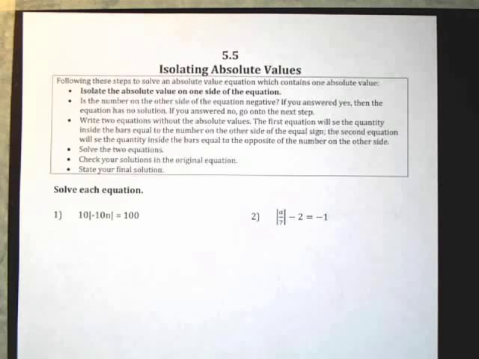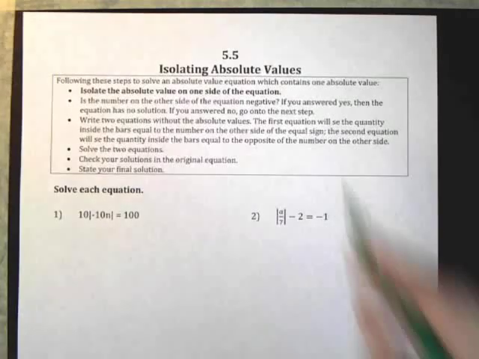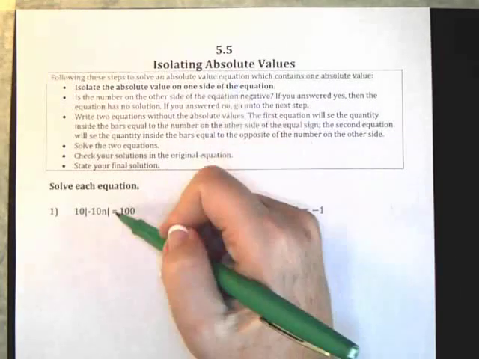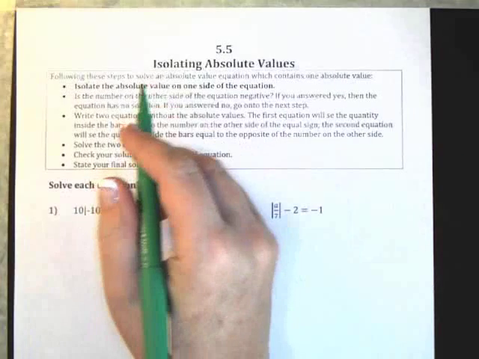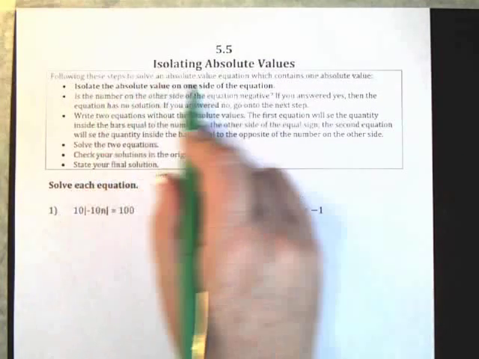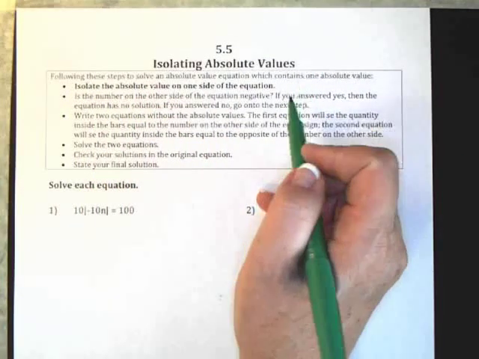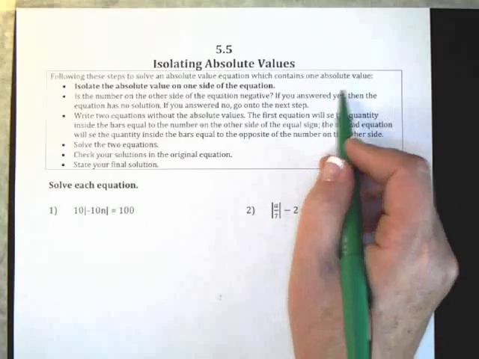Okay, section 5.5, isolating absolute values. So in the previous section, we solved two-step absolute value equations. This is similar to what we did, only now the absolute value will not be isolated, meaning it won't be by itself. So we're going to follow these steps to solve an absolute value equation which contains one absolute